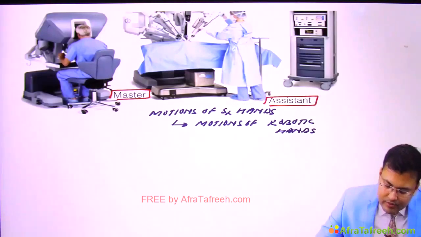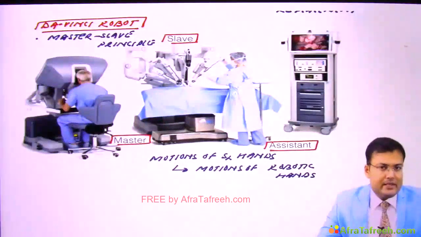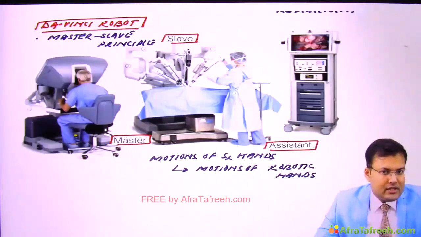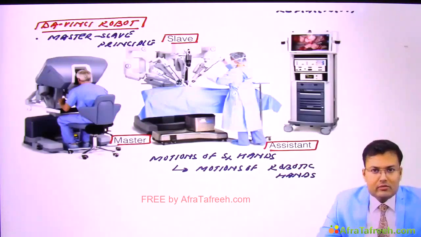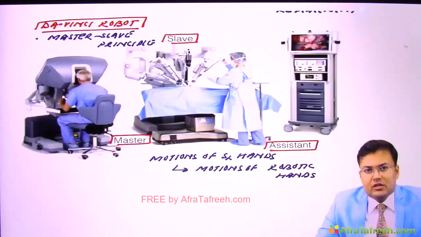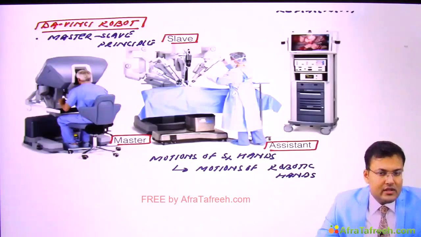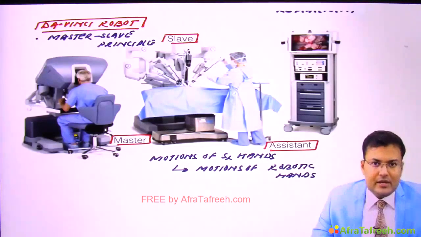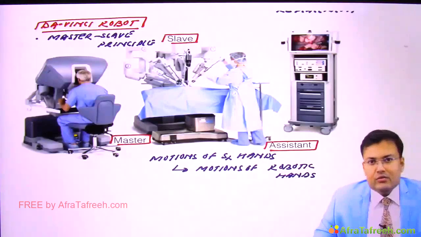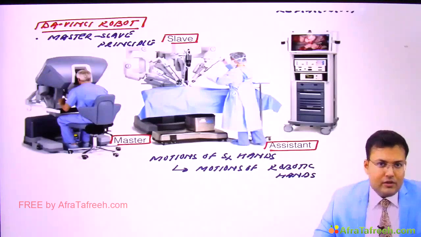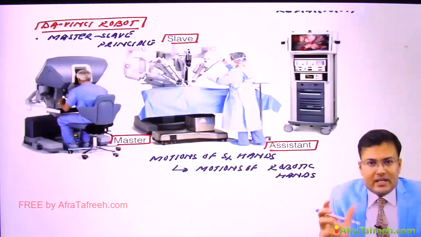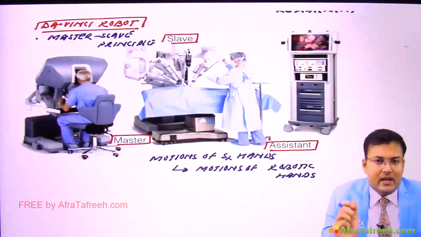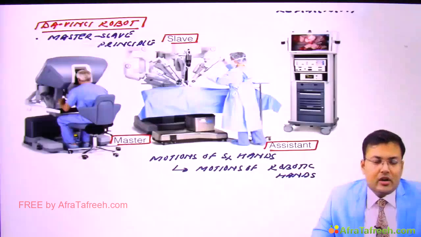Now the problem with these robots is that they are very expensive. We can perform laparoscopic cholecystectomy and appendectomy with the help of robots. But the problem is we have to include the partial cost of the robot in the surgery, so surgery becomes very expensive. That's why it's not feasible to commonly perform surgery with a robot. So in which cases do we use the robot? In surgeries where there is limited space or limited visualization, like cardiac valve repair, urological surgeries or gynecological operations.